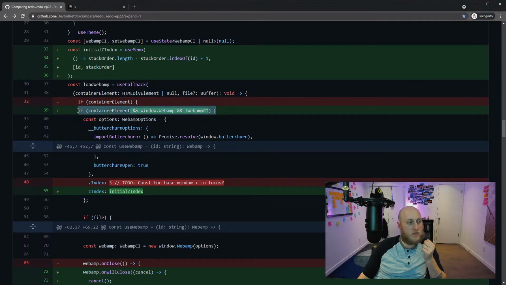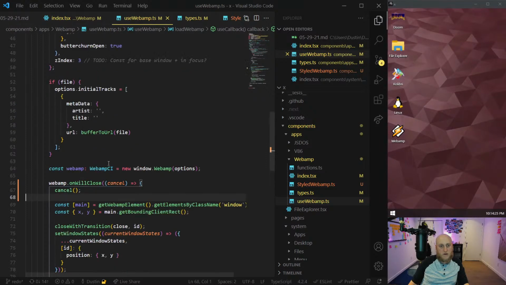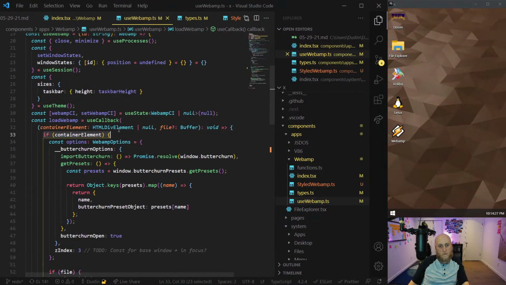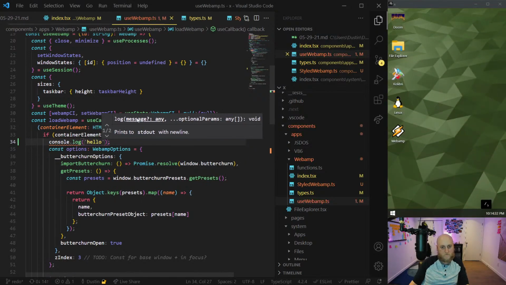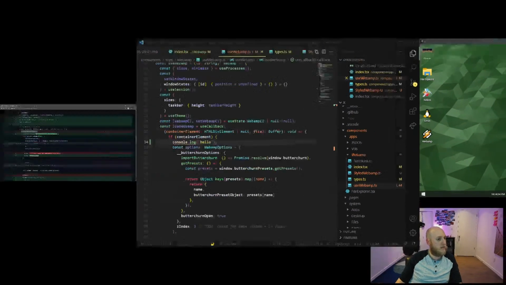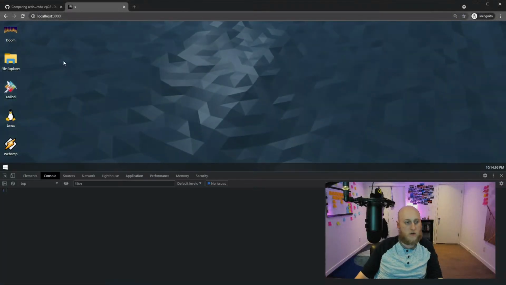See, this here is what I was concerned about. I felt like load winamp was reinitializing and it was causing things to recenter. But oddly enough, I'm not getting that. What I want to test though, because I thought that was happening, I want to go back to this line and do a console log here and see if this is occurring every time, because even if the bug is gone, that was inefficient and not necessary. So here it is here. So if we do console log hello, and then we go back to the code here, open up a console log.